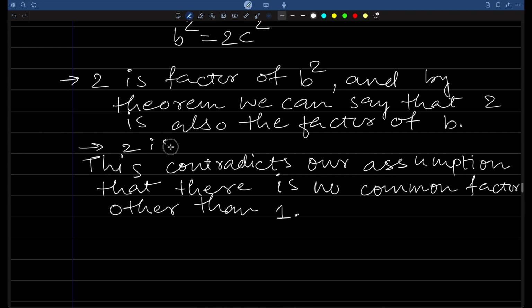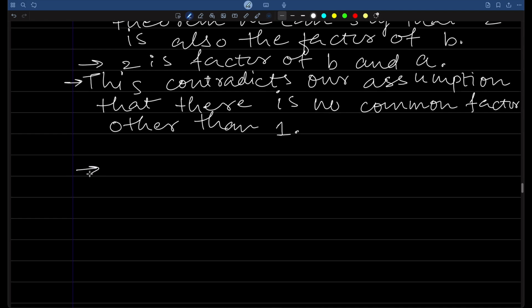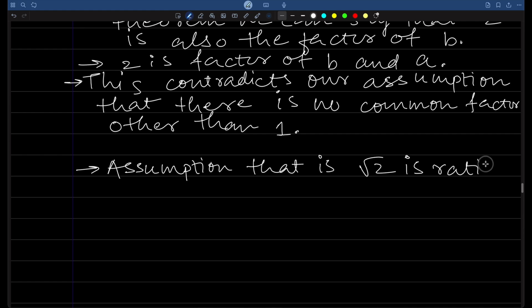So we can say 2 is a factor of b and a, but this contradicts the fact that a and b do not have any common factor other than 1. So I can say that our assumption, that is root 2 is rational, is false,